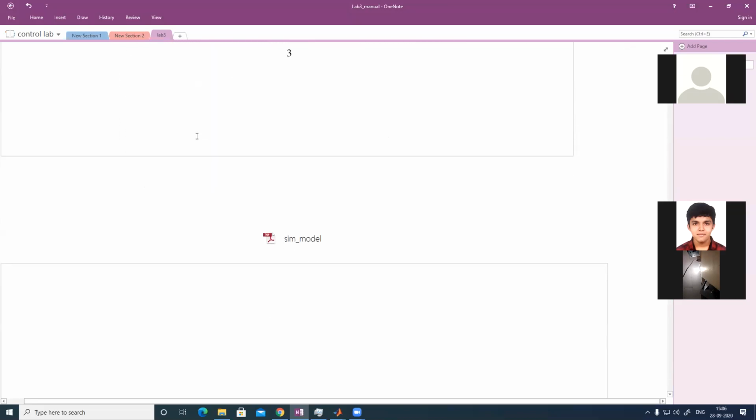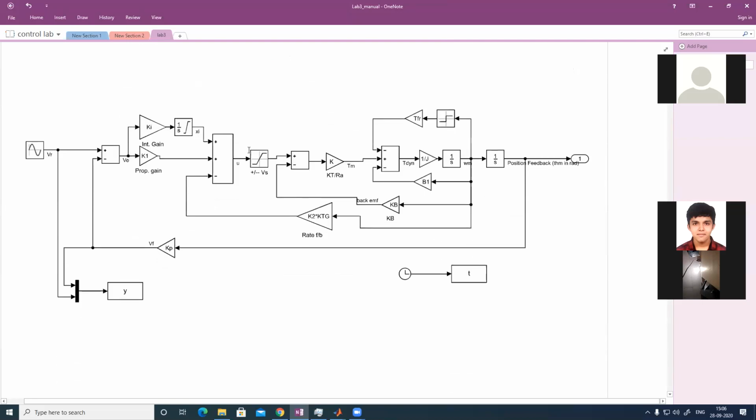Now we can go to the program. This is the MATLAB file. I think I sent you these files, and I think you got them. Only the naming is done here.